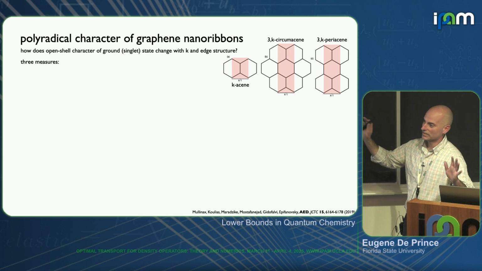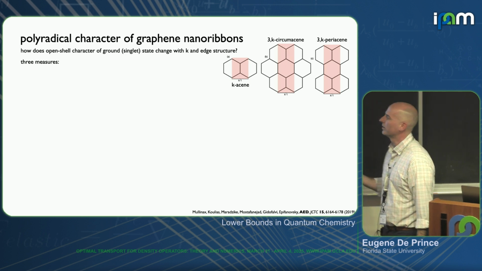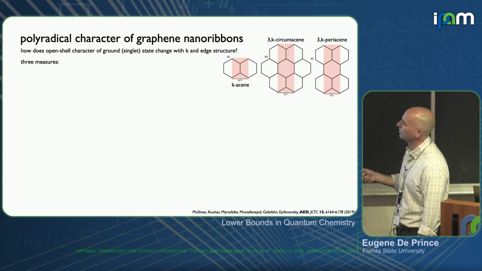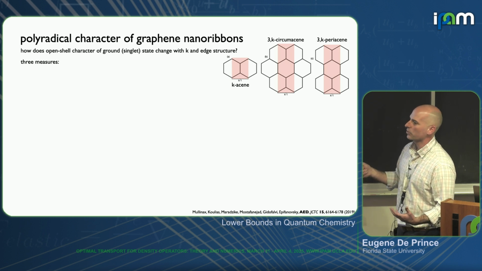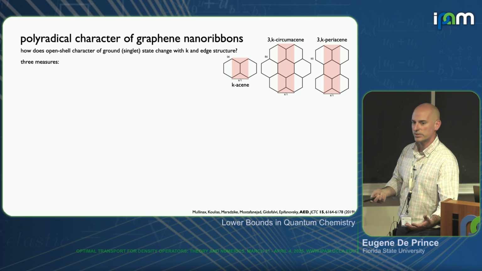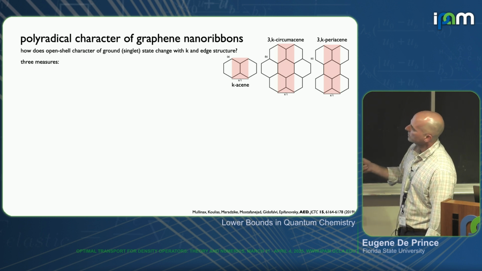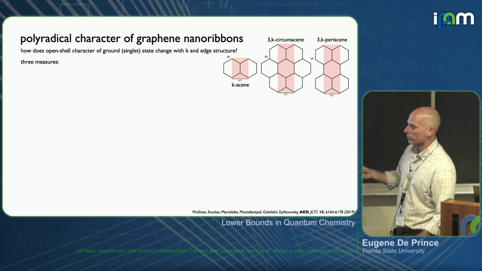Okay, so here's the chemistry. There's like 3 slides that you can bear with me for, and then I'll put up more equations that will make everyone happy. If you have one of these algorithms, you can start to ask questions about electronic structure that you might not be able to ask otherwise. And so one classic problem that people in my community think about when they're thinking about what's called strong electron correlation